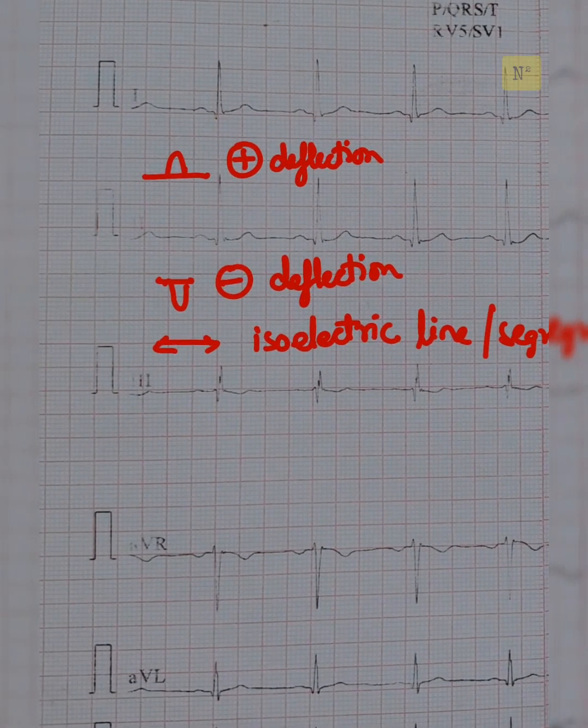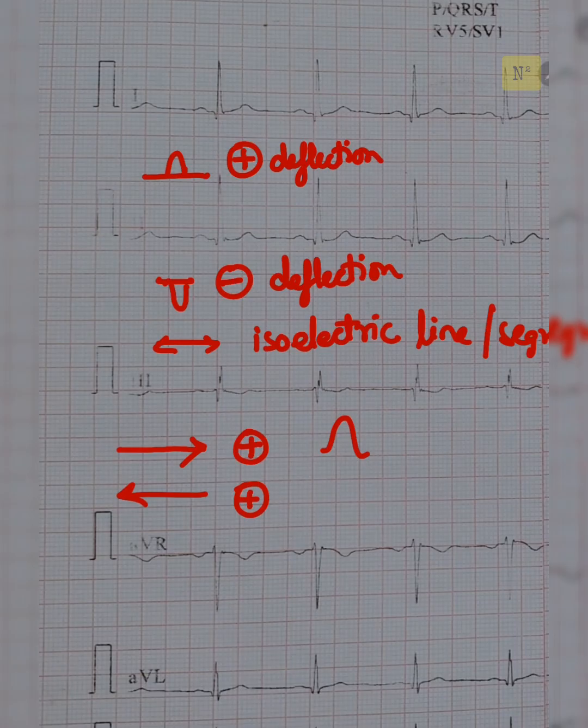Also, if certain signals are going towards an electrode, whether it's a positive electrode or a negative electrode, it shows a positive deflection. If any signal or curve is going away from the electrode, it shows as a negative curve. So these are the normal universal dictum. Along with that,